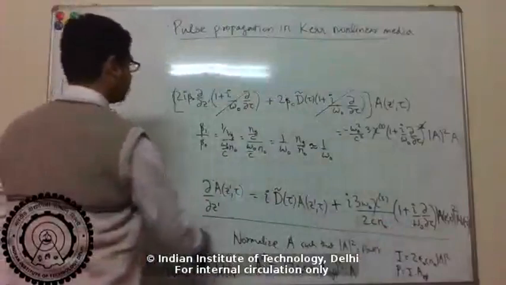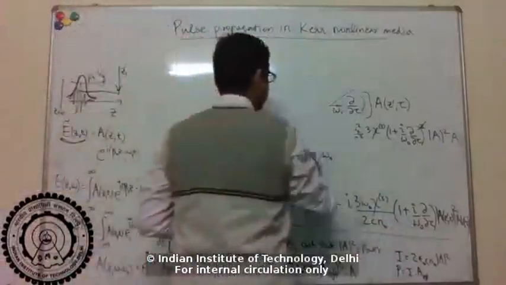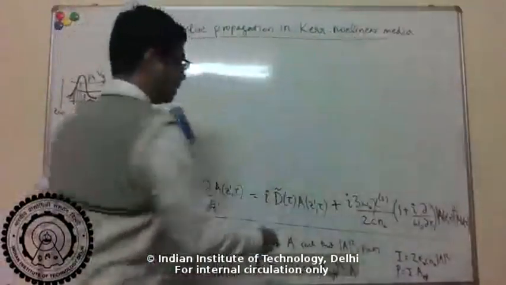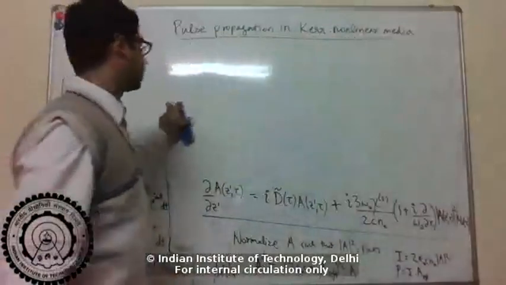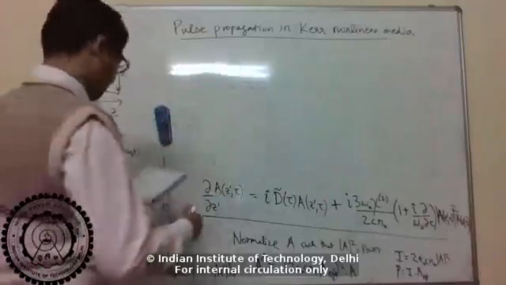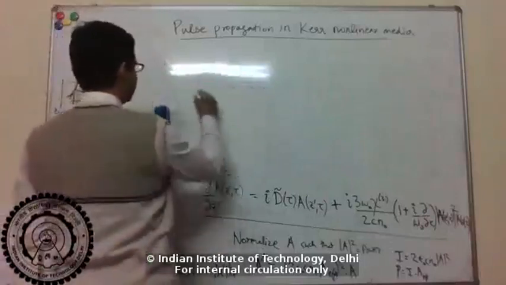Okay, so in terms of A prime, we did something similar when we were deriving the coupled amplitude equations in waveguides. So it's the same thing here. So in terms of A prime, it becomes